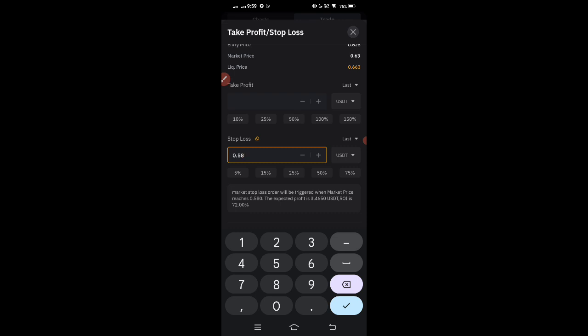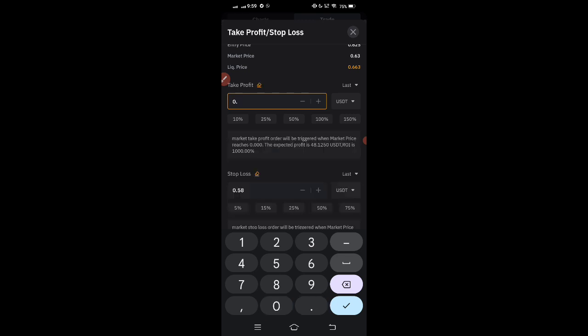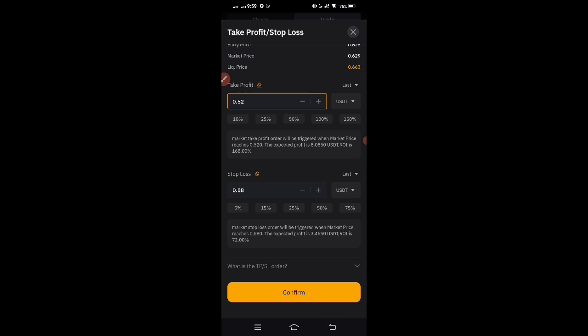You understand that? So here now, the take profit will be, instead of 0.58 initially, you can put this at 0.55. 0.52, maybe that's the next TP. As you can see now, here,